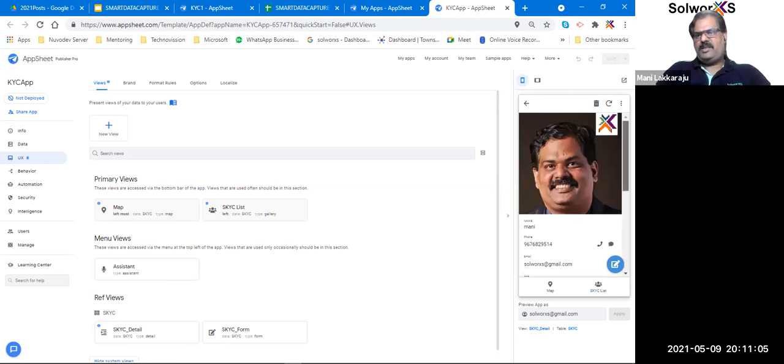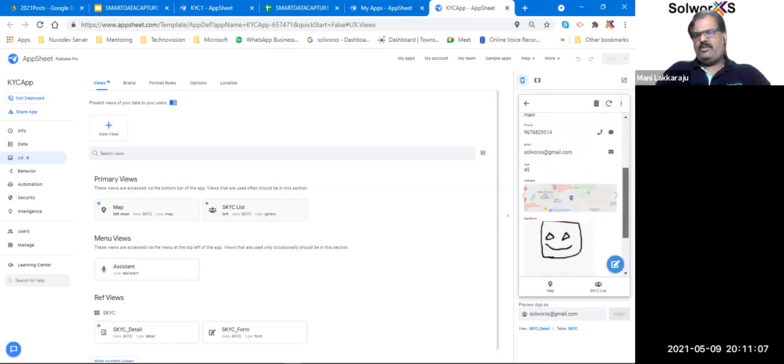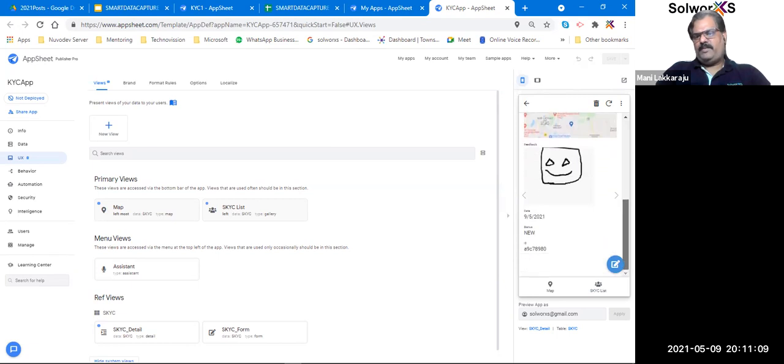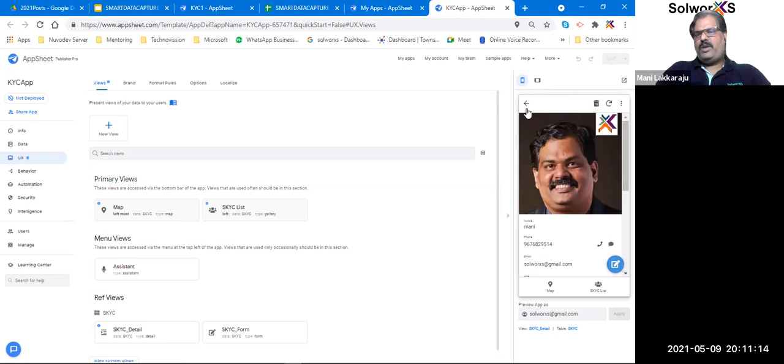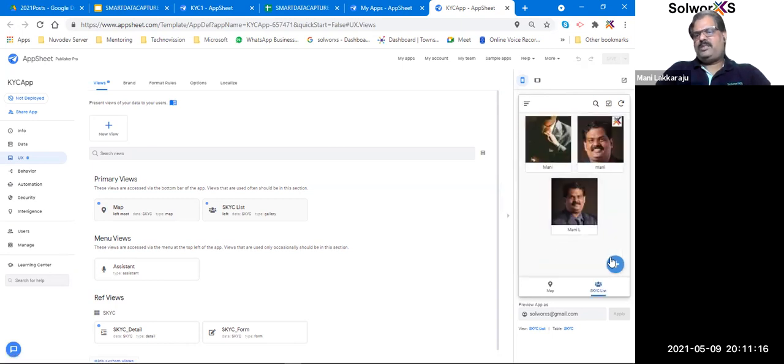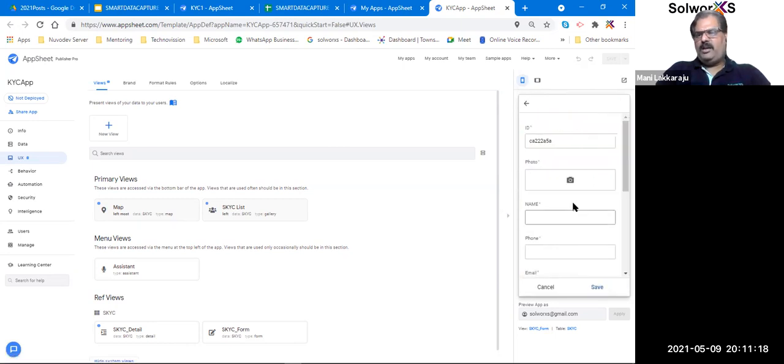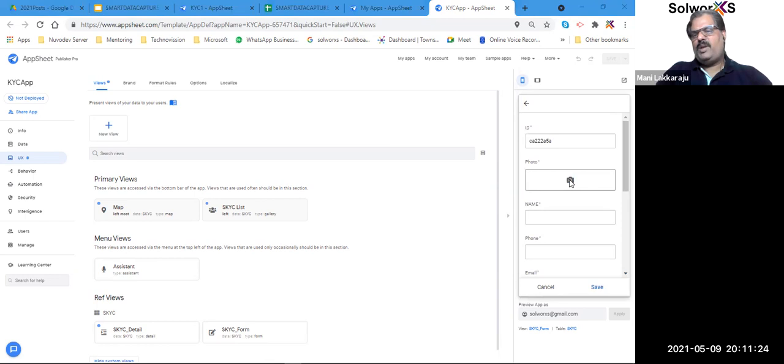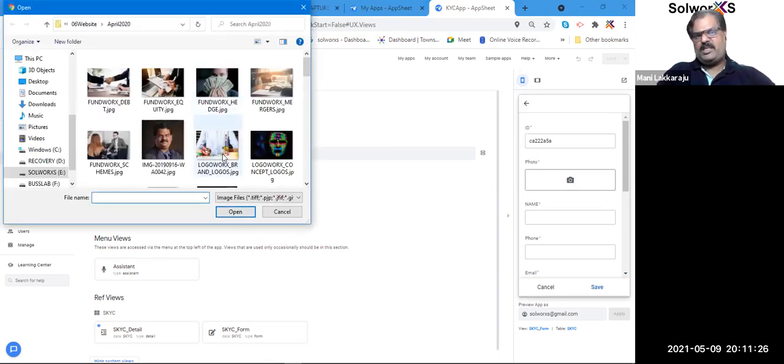No, this is a new photo that we have added now. So even this is a new smiley, right? This is one way of doing it. Now, the other way of doing it is I can also capture the signature of the customer. Let's say this is another form. I just want to demonstrate it in the same way, because that uses a Google Pick and Google Signature API, right?